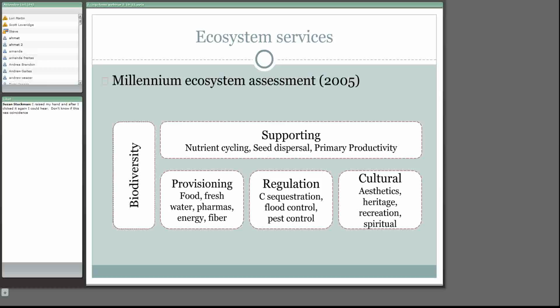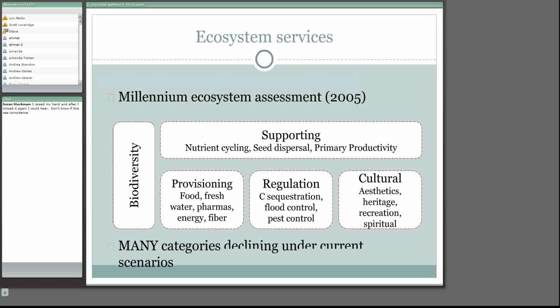If you overlay on that or include in that biodiversity, you see that this adds another layer, especially when we're talking about plants, because invasive plants are very exclusive in how they establish and create monocultures and have a big impact on biodiversity. So this is a category that is not included in a separate category, but is important nonetheless in our evaluations of ecosystem services. So many of these categories are impacted and declining under current scenarios.